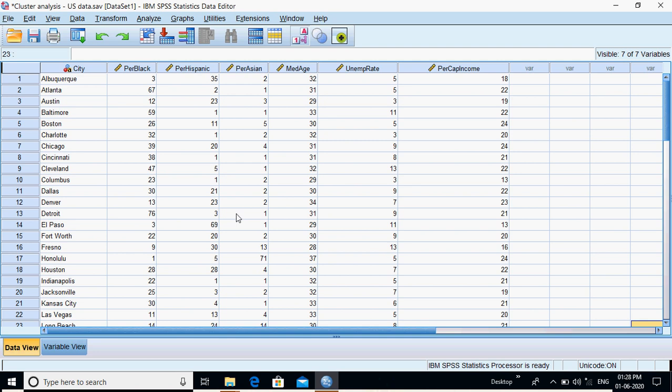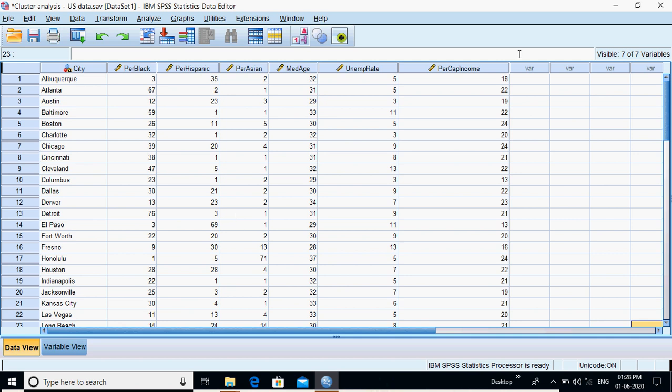But whereas in the cluster analysis, you will not have a specific dependent variable and independent variable. So all these variables are taken together, and these variables help us to explore the segments or the clusters within the data. So this is also called an interdependence technique. So you must note that you will not have a dependent and an independent variable in this particular analysis.